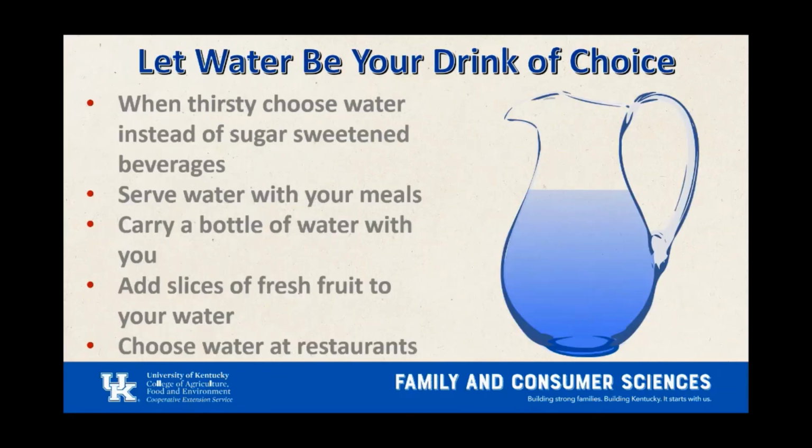After learning about sugar-sweetened beverages, we know that they are not beneficial to our overall health, but sometimes we may still want to treat ourselves. So what are some ways that you can still treat yourself while being mindful about your choices? You could always choose diet instead of regular, or you can simply downsize the size of your drink. You can choose to split or share your drink with someone else. And then finally,